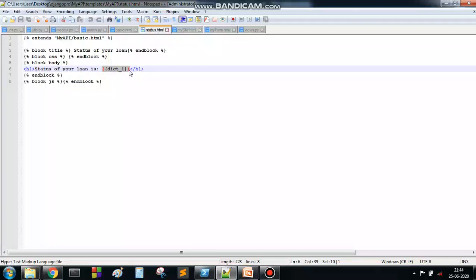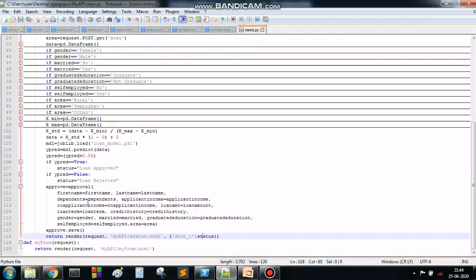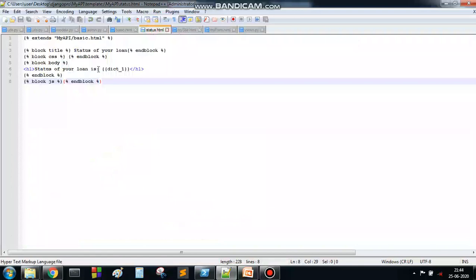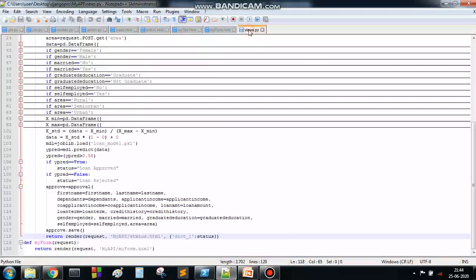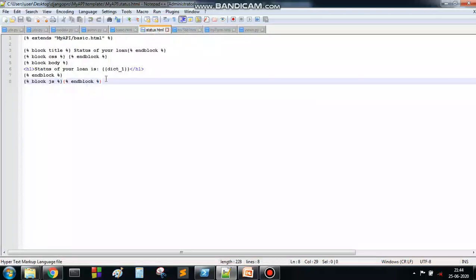That means if the status is loan approved, this will print loan approved. If the status is loan rejected, then this will print loan rejected. So the status of your loan will print either loan approved or loan rejected.